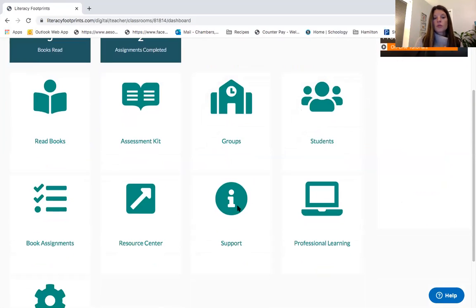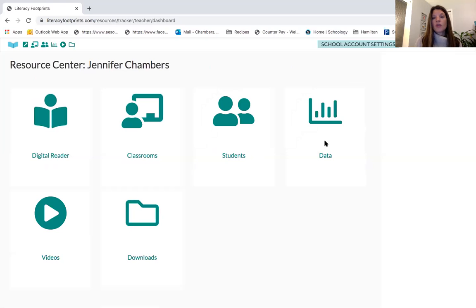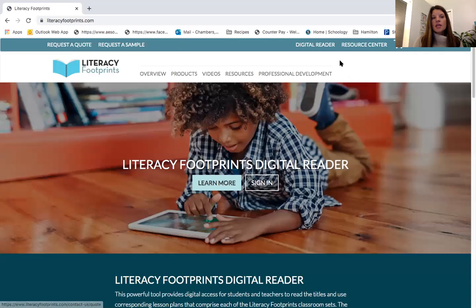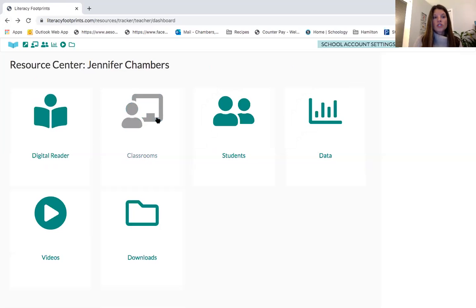If you go into support, it's just going to be more things from the company if you'd like, further articles or information. The resource center, again, is just going to provide you with your data button and some other things, but we can get into these pieces later. They're not going to be anything that you're going to want to use right off the bat. This also did this to me last time too when I hit that button. So once you get back into here,